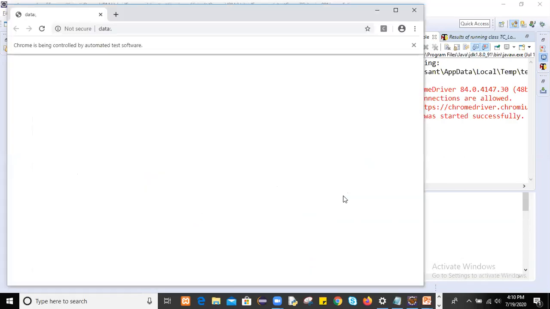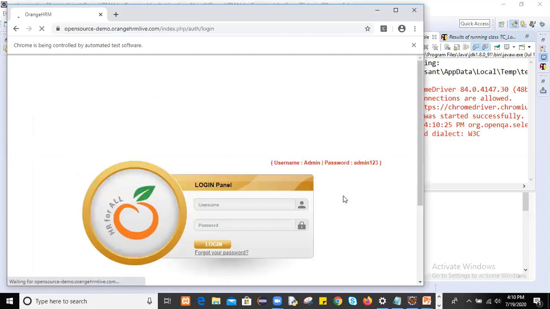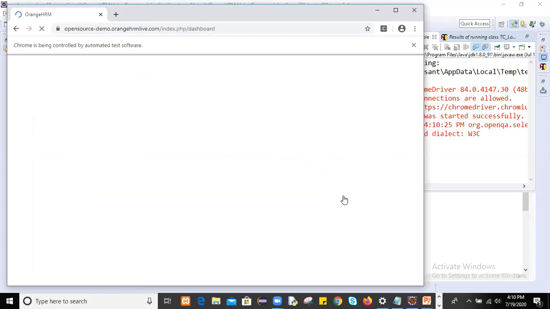Every time it will close the browser. So the after method will execute for every test, at least once it will execute. This time it will pass.